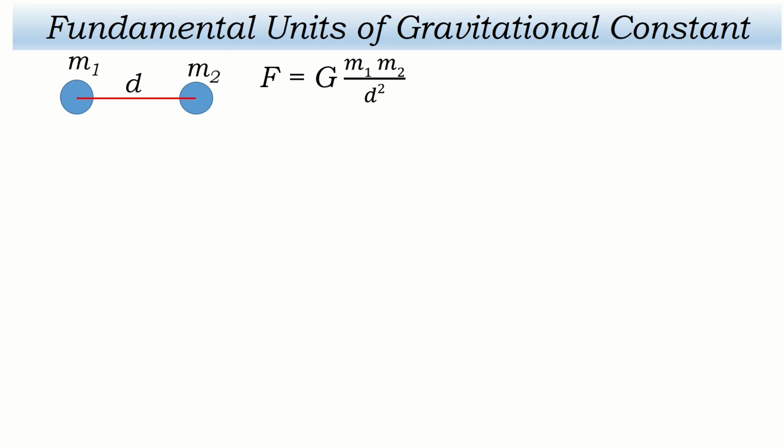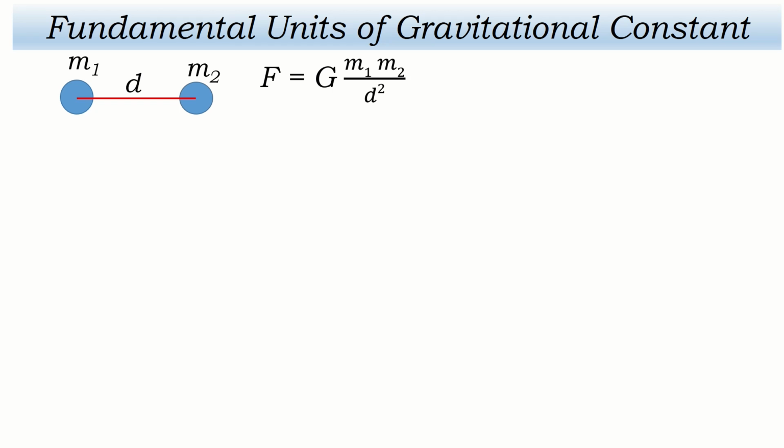First, I want to tell you what is gravitation, and then we can go through gravitational constant. Let's say there are two masses, one is m1, another is m2, and they are at a distance of d. Then what is the gravitational force between them? Certainly they attract each other. This force of attraction between them is gravitation, and it is given by F equal to G m1 m2 by